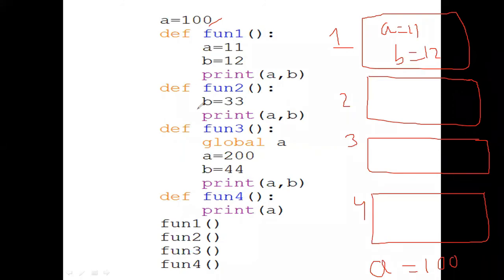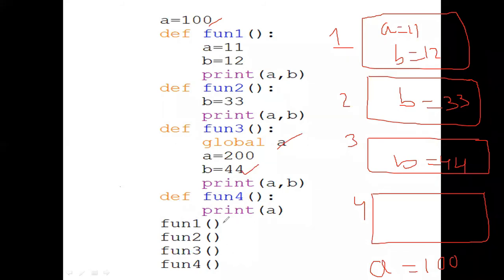In function 2, I define another variable b equals 33. Similarly, in function 3, I define b equals 44. We discuss a when we execute the program. In function 4, we don't define anything.